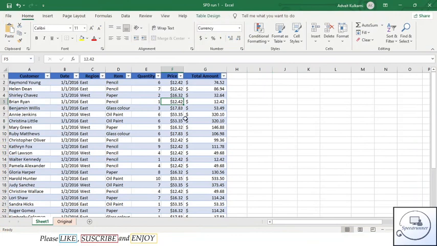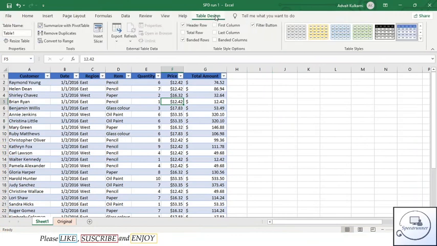Here, when I select a random cell, we get Table Design. Under the Table Design, we can rename the table. I want to name this table Info, for information. And then I click enter, the table gets renamed as Info.